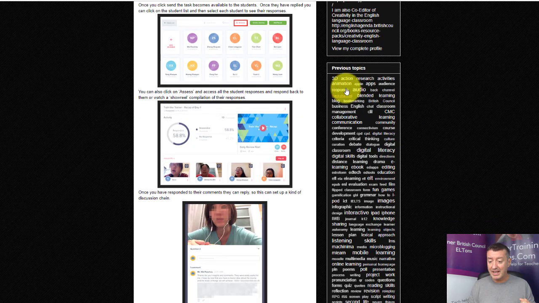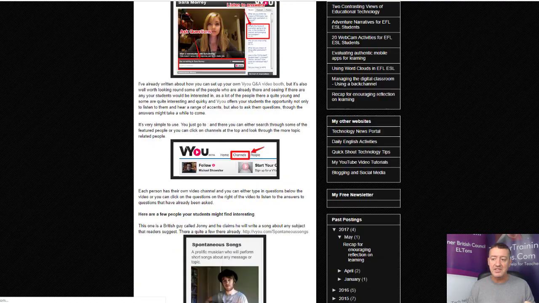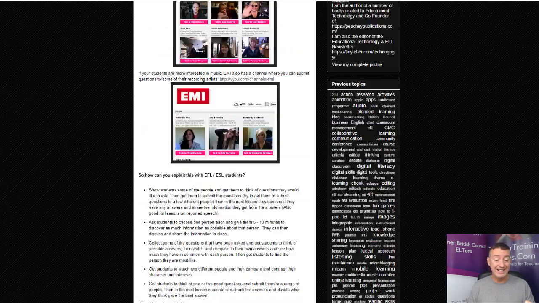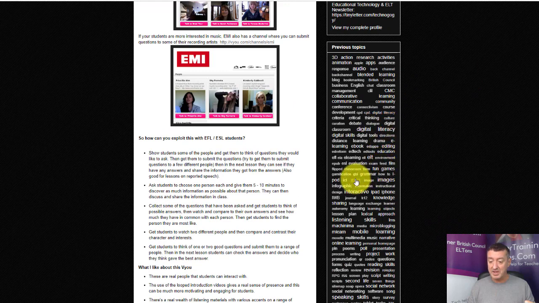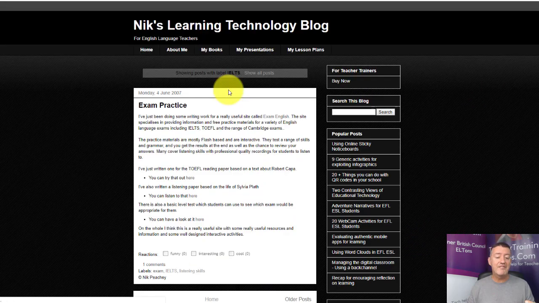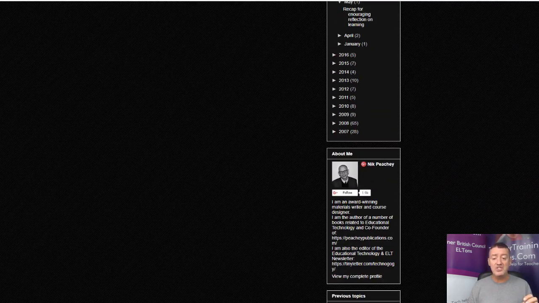But also if we come down here, he's got a topics section, and this is basically using what we call the labels gadget. Now why is this interesting? Well, every single page that he's labeled with a word, for example, let's choose listening. If we click here, it will show me every post that Nick has ever added that has the label listening. Okay, so we can see that here. And if I went to another label, for example, let's imagine that we clicked on IELTS, it would show me every blog post that Nick has ever posted with the label IELTS. So the great thing is, this kind of works like a search engine.